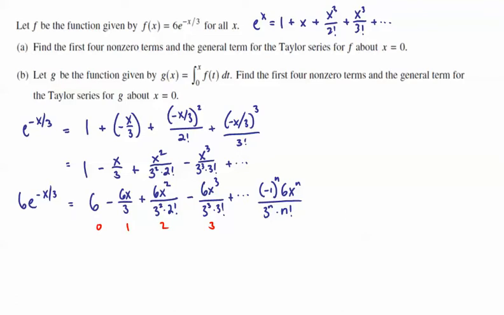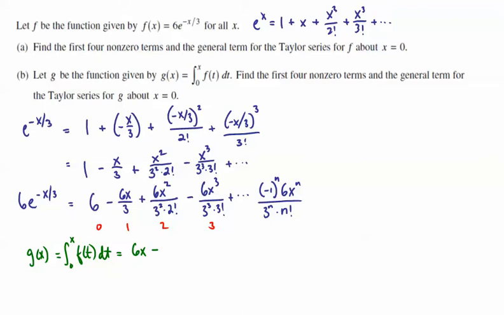For part B, if g is the integral of f, then we want to find the first four non-zero terms and the general term for the Taylor series of g. So we'll do this in green. If g of x is the integral from 0 to x of f of t dt, then we just need the term by term integral, so we'd get